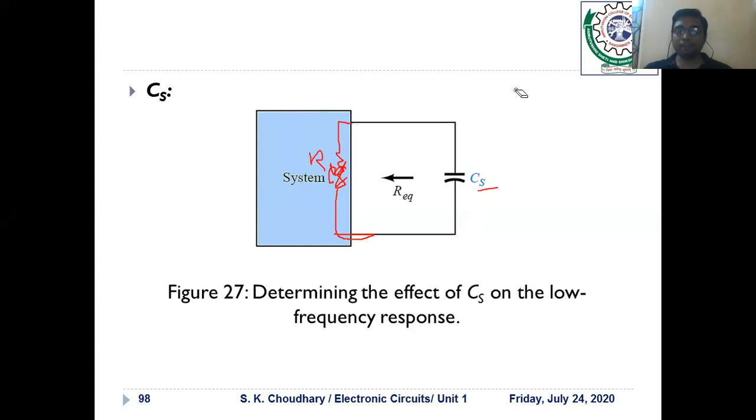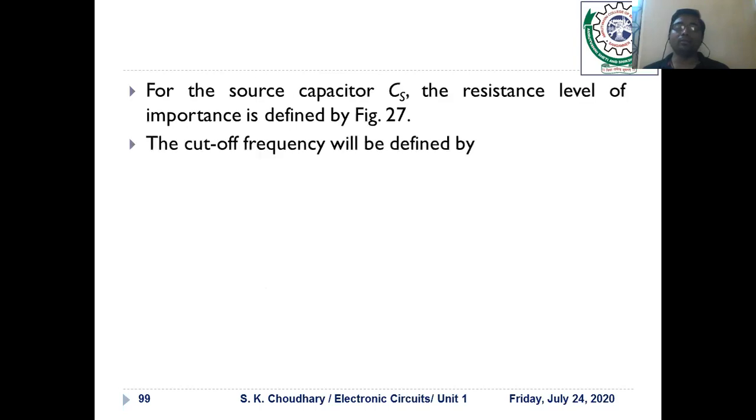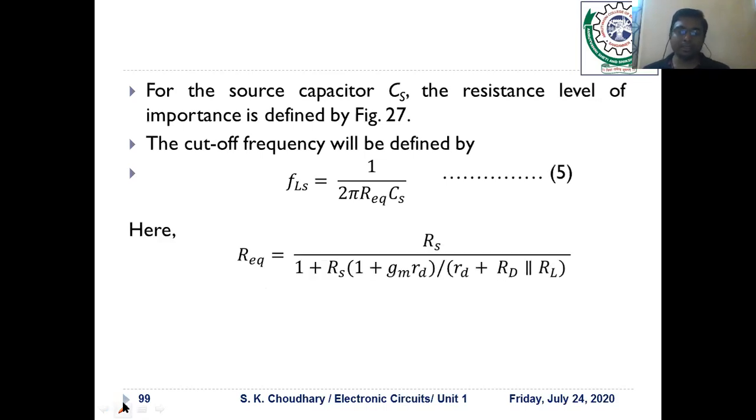Now we have to see what we mean by the R equivalent here. Is it the source resistor only, or would some other parameters also affect the value of R equivalent? If you see the formula, the cutoff frequency defined by the bypass capacitor, FLS, is equal to 1 upon 2 pi R equivalent CS, and here the term R equivalent is nothing but a combination of the source resistor, transconductance,